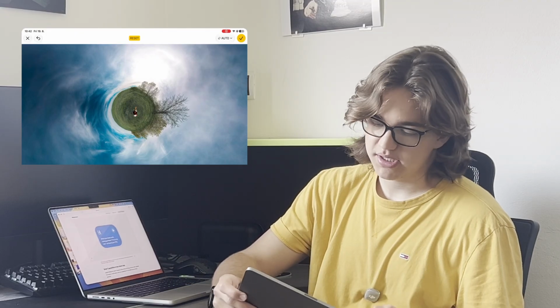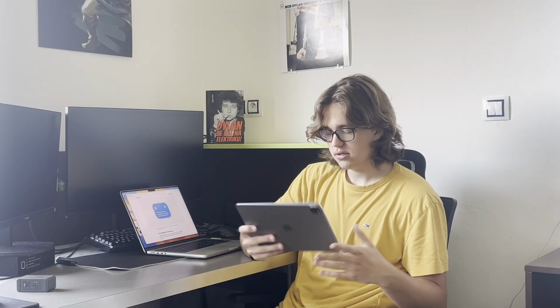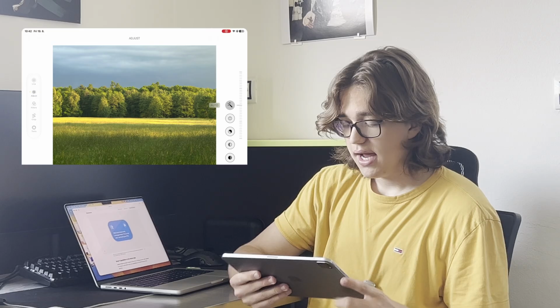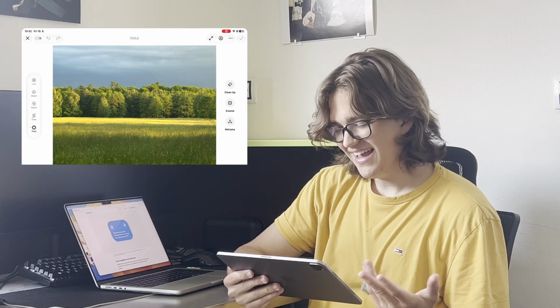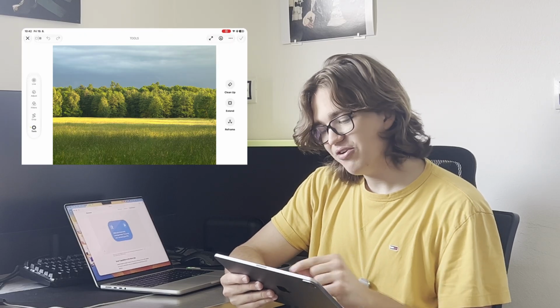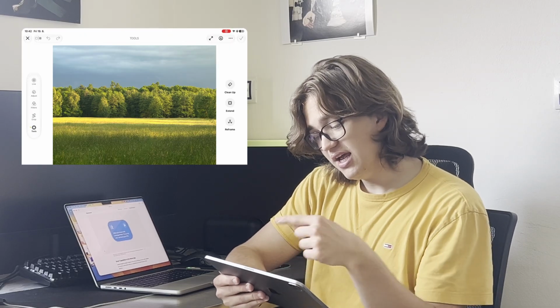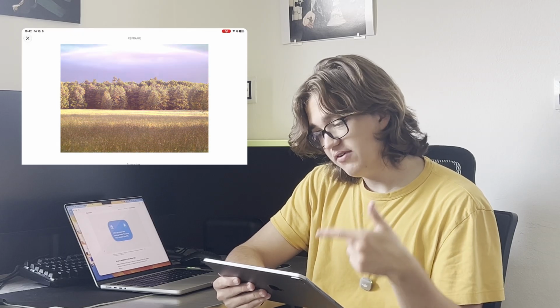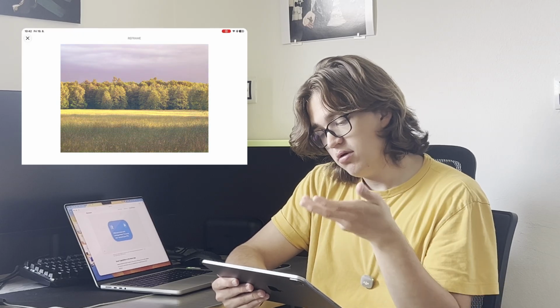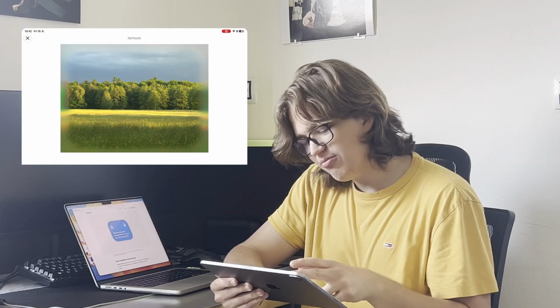I don't know what that means, but I have another picture here that is this. It's a picture of a landscape. By the way, the iPad is overheating, so the feature was done on device. Some of the features, I think the cleanup, was done on device. I can go to tools. I wanna reframe this. Why? Because I chose this picture specifically because it has no depth. It has depth, but like,